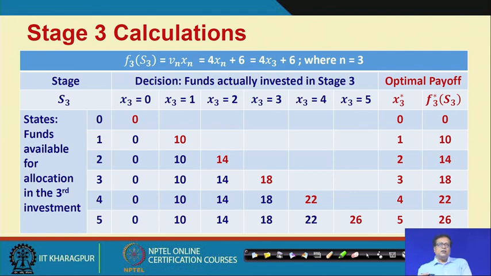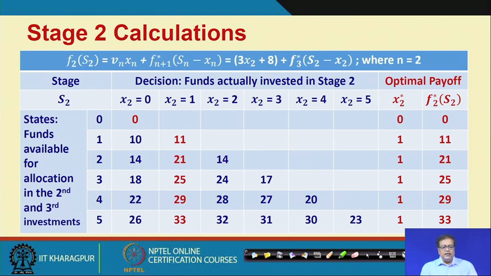So, having these kind of calculations, what we can get at the next stage is the optimal value out of these. Although all values are same, obviously the first value I have taken, that is 0, 1, 2, 3, 4 or 5, is the optimal, and the values are 0, 10, 14, 18, 22 and 26. So, at stage 3 things are very easy to compute, we do not have to do too much thinking, and let us go over to the second stage.